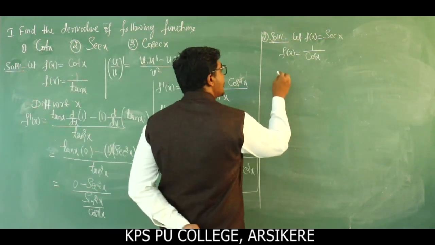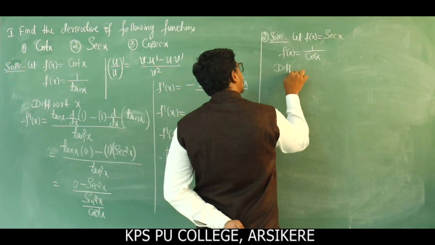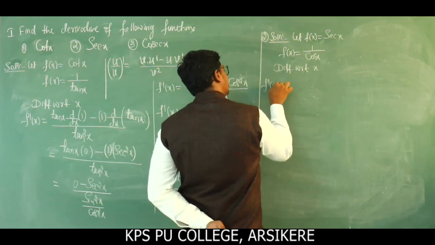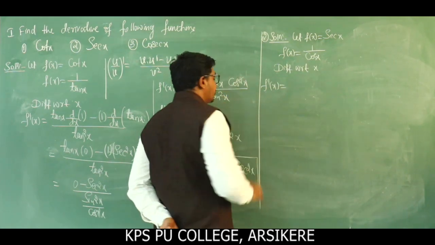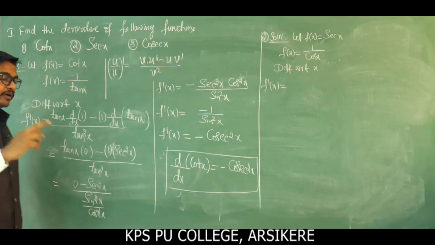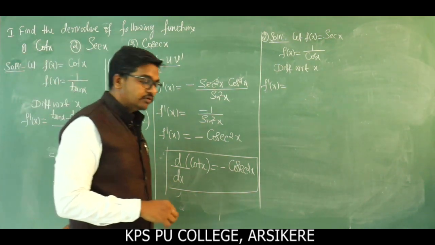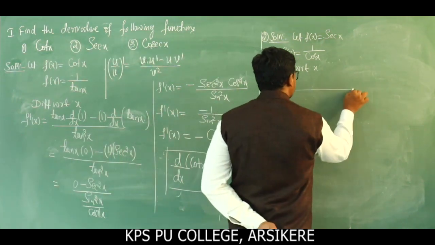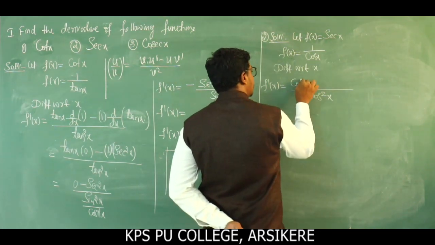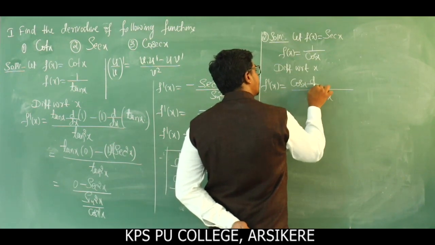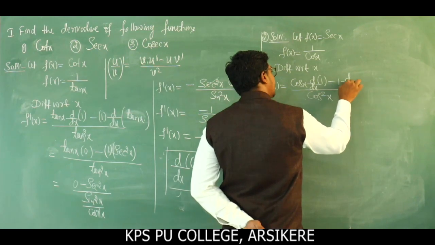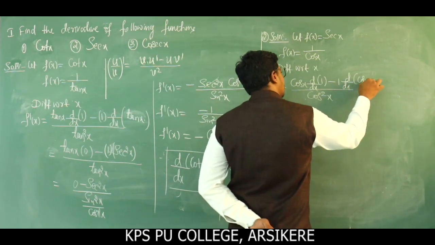Then differentiate with respect to x. F dash of x is equal to, just remember the same formula: u by v whole dash is equal to v into u dash minus u into v dash, whole divided by v square. Same thing, this becomes cos square of x in the denominator, and here cos x into d by dx of 1 minus 1 into d by dx of cos x,